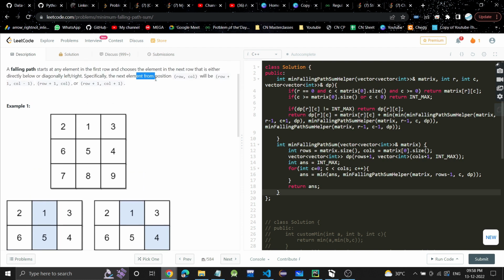Specifically, the next element from position will be row plus 1 col minus 1, row plus 1 col, and row plus 1 col plus 1.